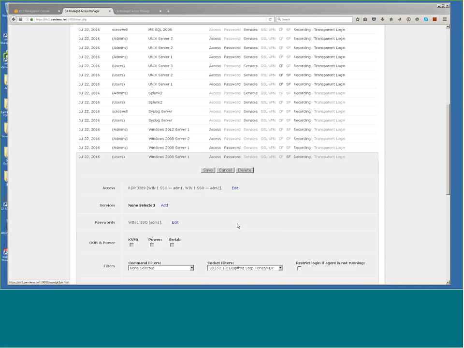So I'm going to deny the request, but say I've gone ahead and requested authorization from an approver or a mailing list, a group of approvers, and they're going to get an email that says this user wants to use this account, in this case a domain admin account, on the Windows 1 server at 3 o'clock today. Do you approve or do you deny? And they can approve or deny. They don't have to be logged into PAM to do it. It'll come to an email. So a laptop in a meeting or a smartphone in a meeting or at home, they can approve or deny right from there.